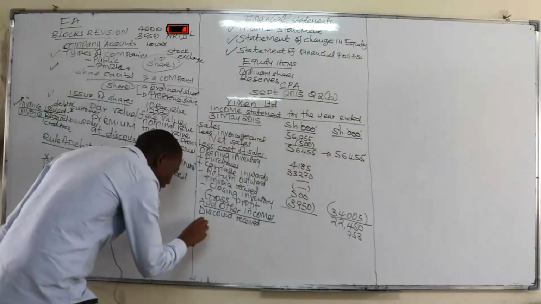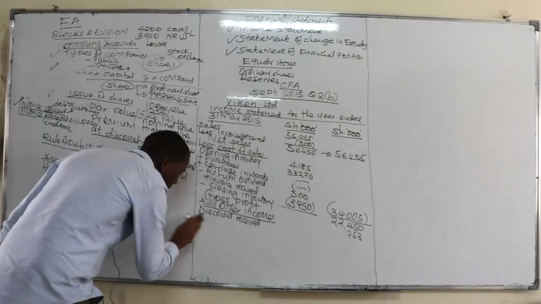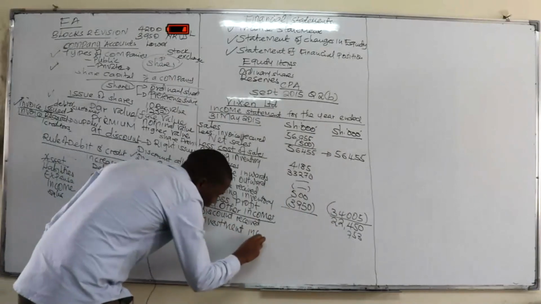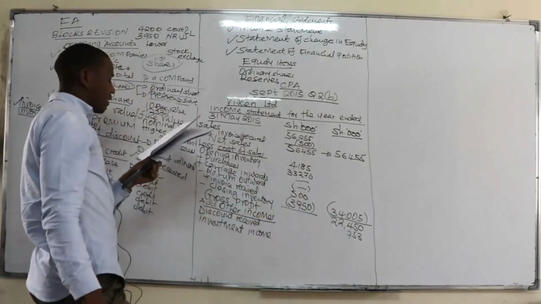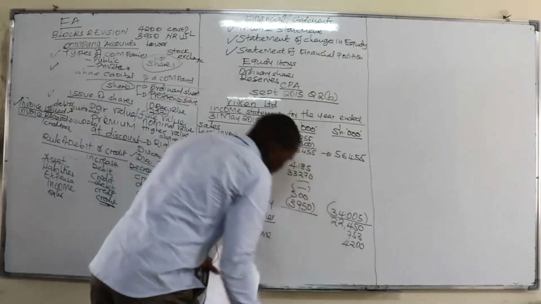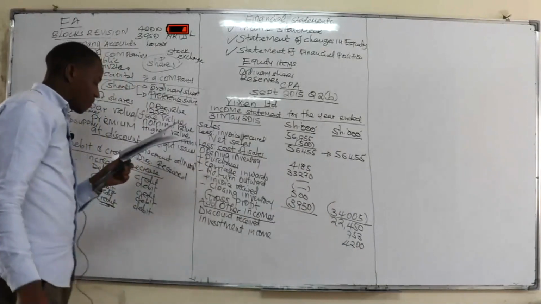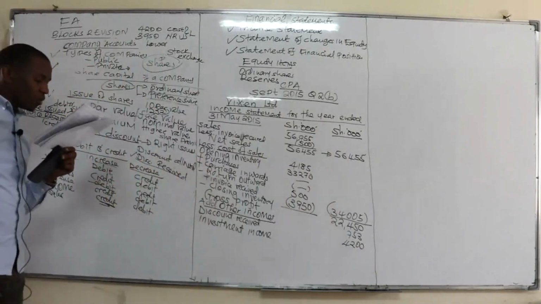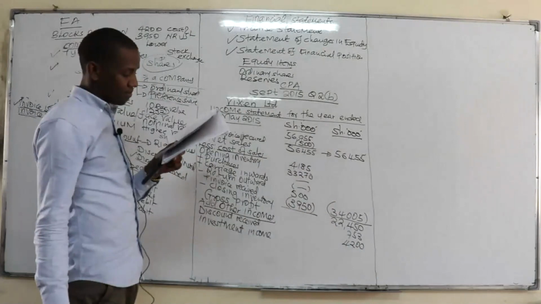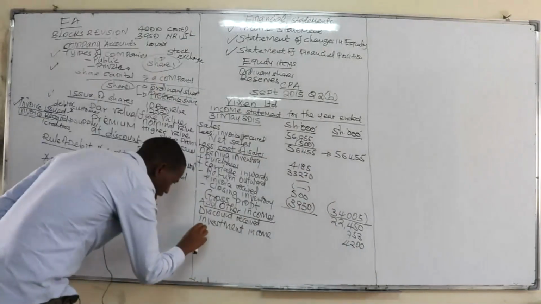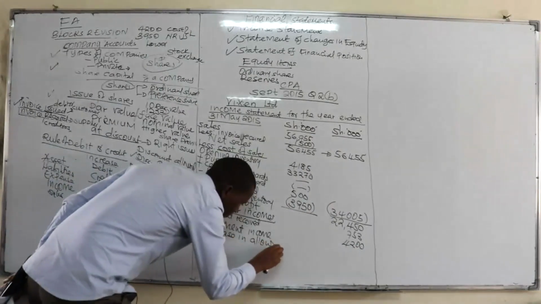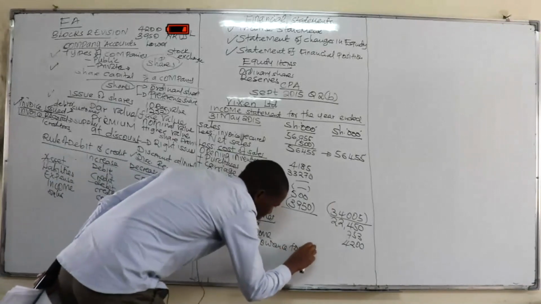Then also when you check there, we have investment income. Investment income is the last line from the trial balance, which is still on the credit side, which is 4200. Then from there, we continue. We go to allowance for doubtful debts. Now, there is what we call the decrease in allowance for doubtful debts.